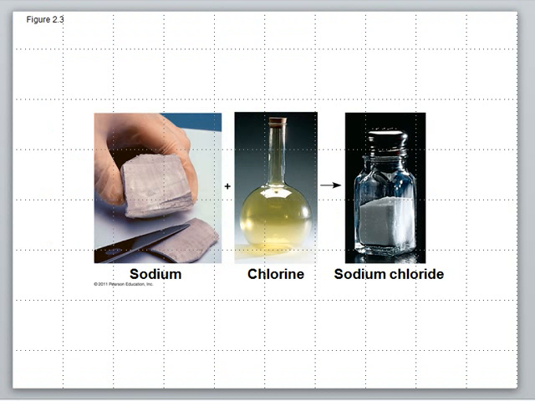Salt is a good example of how the compound, sodium chloride, which is the salt you put on your french fries, has completely different properties than the parent elements that created it. Sodium is a silvery, soft metal that can be very reactive, and can actually be explosive when it contacts water or moisture in the air. It's often stored in oil in glass containers to keep it from contacting the air.